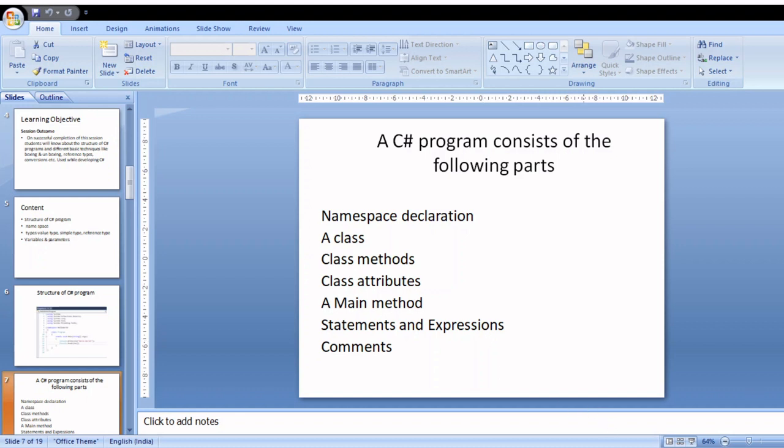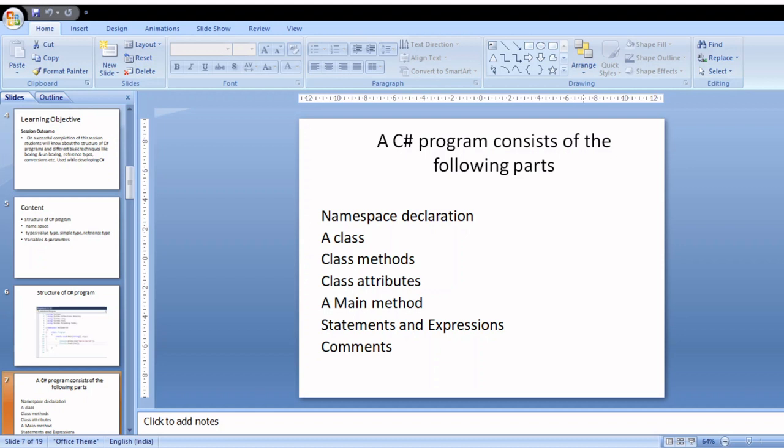A C# program consists of all these portions, that is namespace declaration, as you have seen in the previous program, where the namespace used is System. And for your program, HelloWorld is the namespace, and a class keyword is followed by the class name. You have class methods.